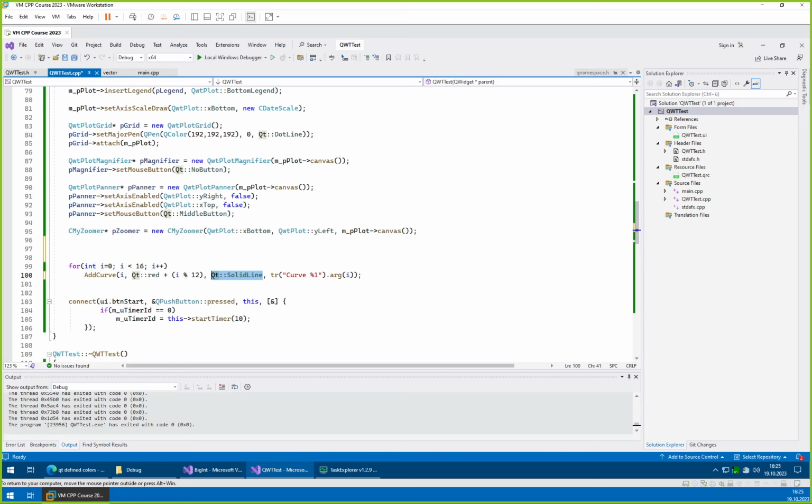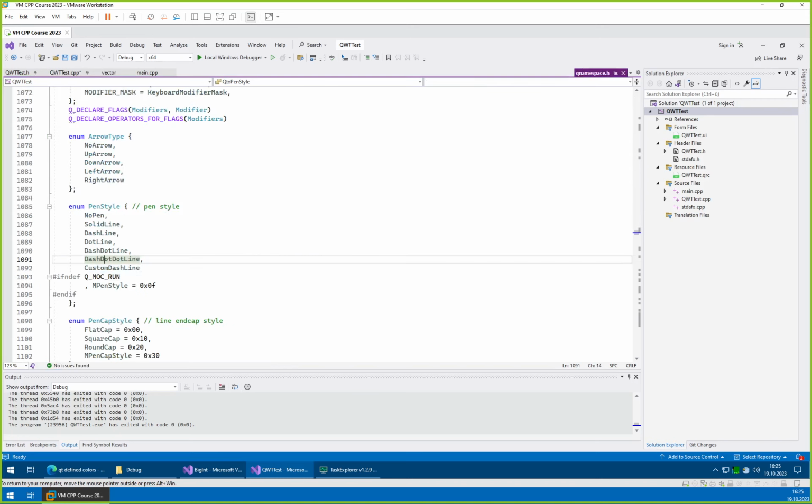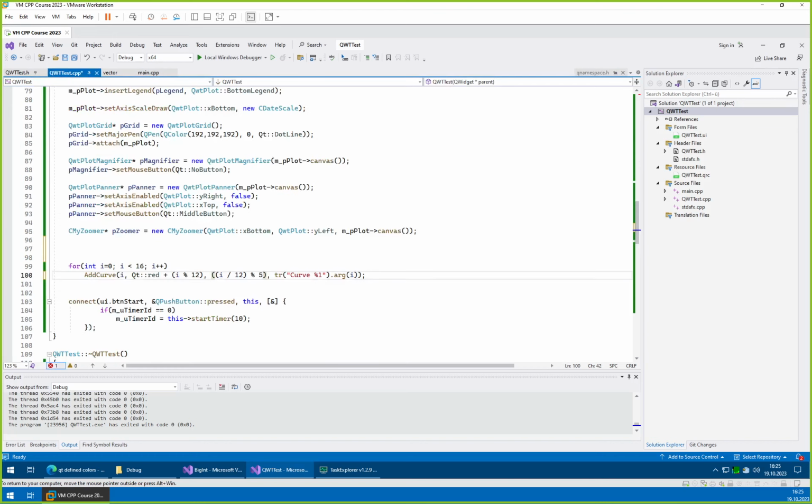We can take I divided by 12, and then this modulo 5, and then wait, which one was the first one? Pen style solid line. Qt solid line plus